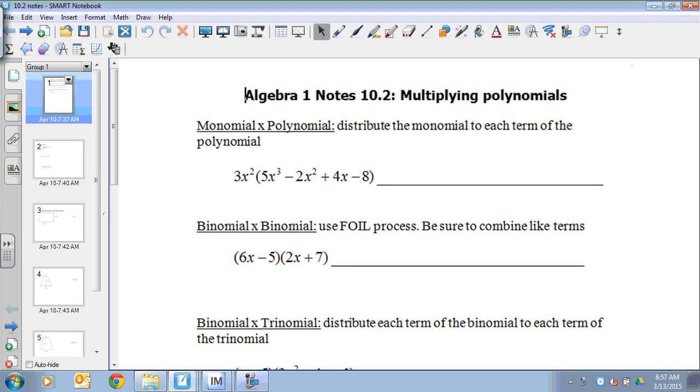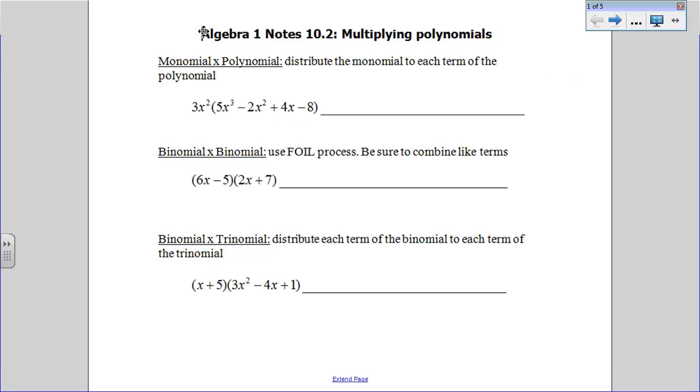Multiplying of polynomials. And the nice thing about multiplying polynomials, ladies and gentlemen, is you actually already know half of this lesson because we taught you how to distribute. Okay, we've been distributing since the beginning of the year, and you guys were distributing back in middle school, which is why we start with it. But now what we're going to have to do is combine what we know about multiplying with distribution and use our exponents with chapter 8, which is why we had to get through that before we could get in here